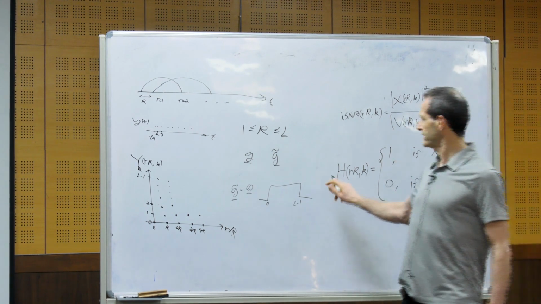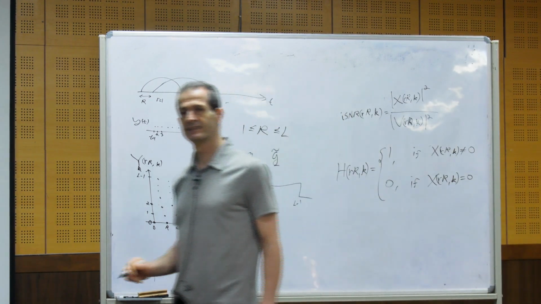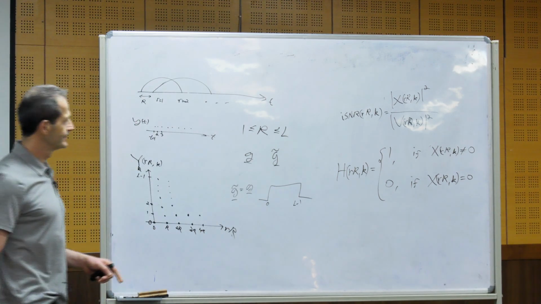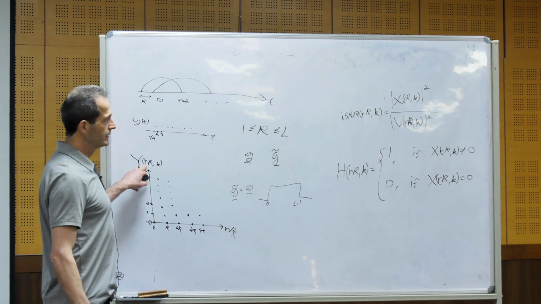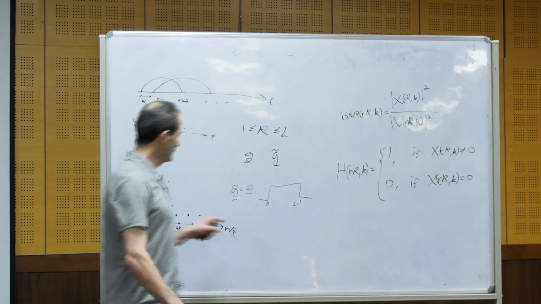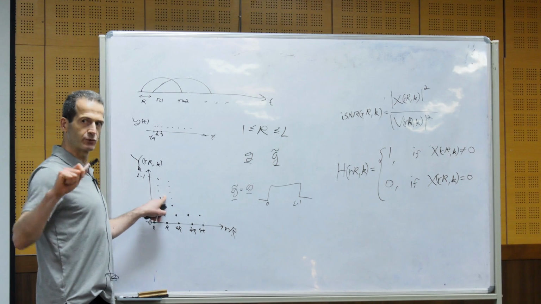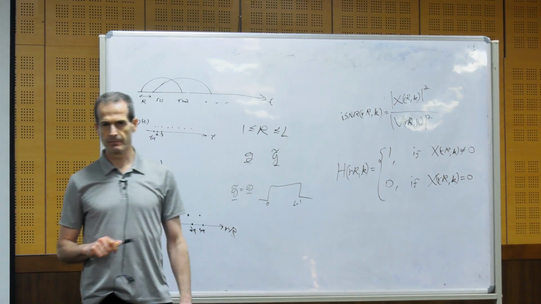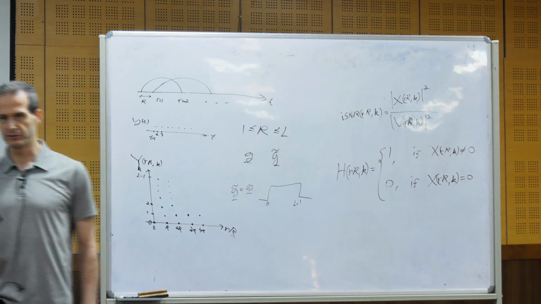Do you agree that I can choose a gain like this? So if I multiply each time frequency bin of Y with this gain, and then I do the inverse STFT,